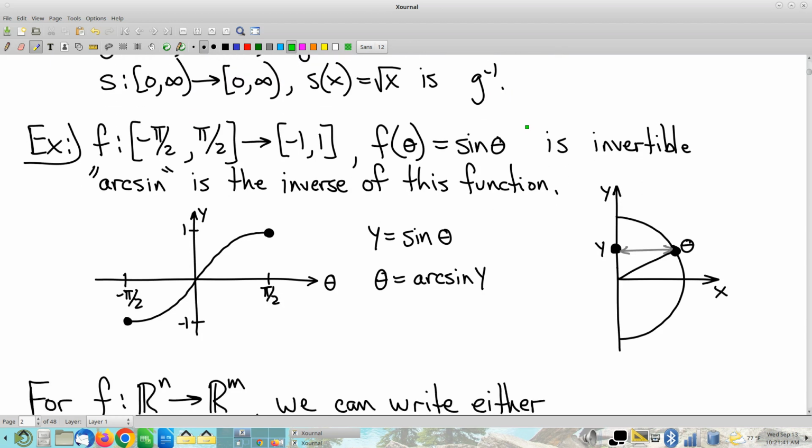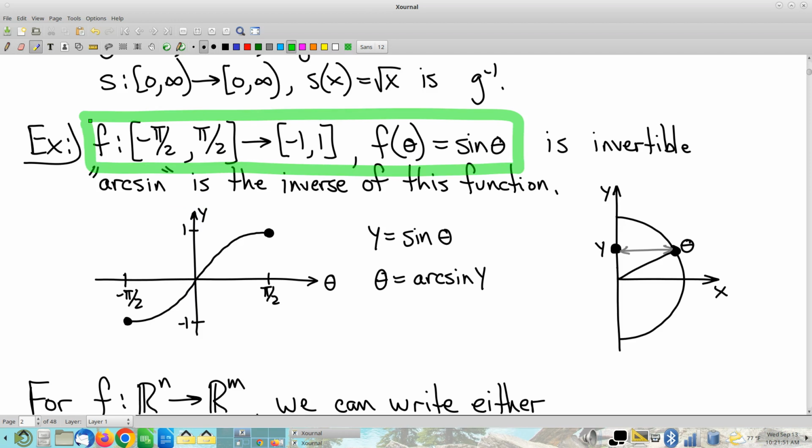just another example. People talk about arcsine all the time, right? Okay, fine. But if that's going to be the inverse of the sine function, notice that the typical sine function, defined on all real values, and target being the real values, right? Not invertible. You have to restrict the domain and the target for this to be invertible. So specifically,